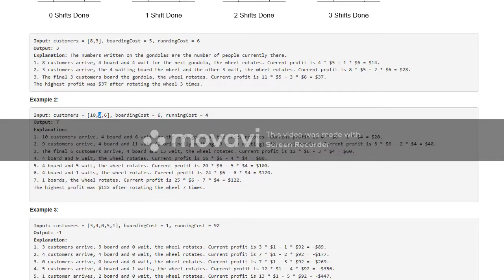Then 9 clients arrive next iteration. We have to rotate again, and from the 9 plus 6 we take 4. 9 plus 6 is 15, so we take 4 and 11 stay. You see how it works, and then we do this math, which I will not explain. This is just math.